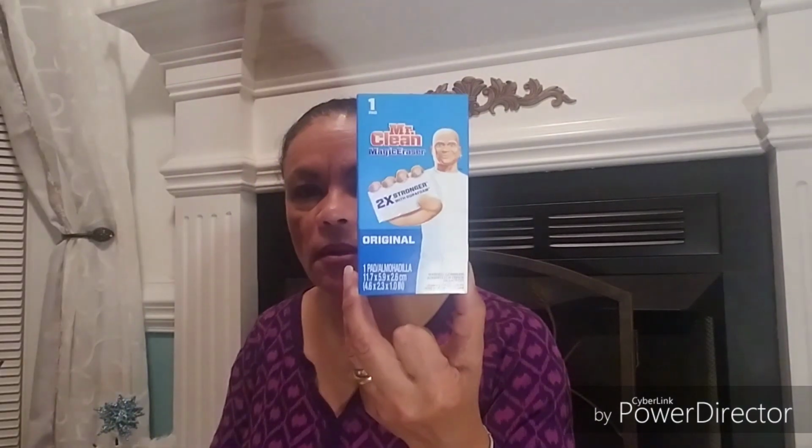Next thing, cleaning wise, I picked up this Mr. Clean Magic Eraser Original. It has 1 pad in it. So I'm going to use that in my bathroom. Let's see, related to cleaning, I picked up